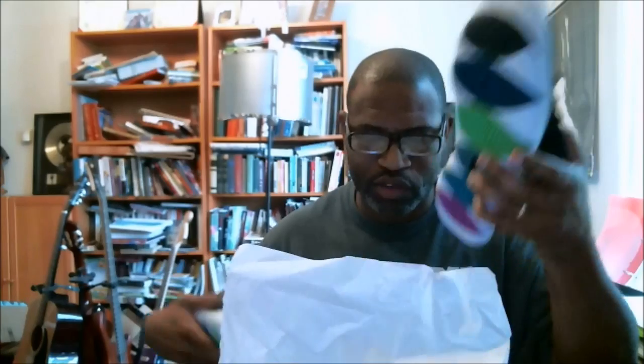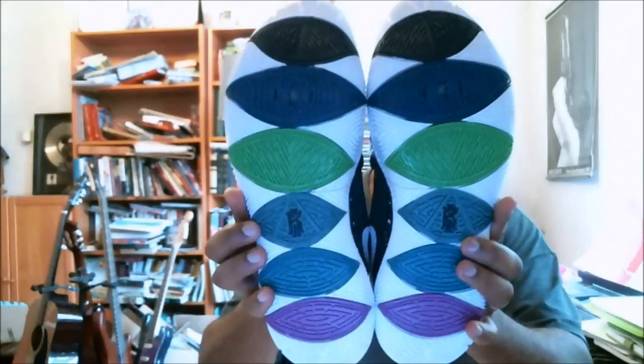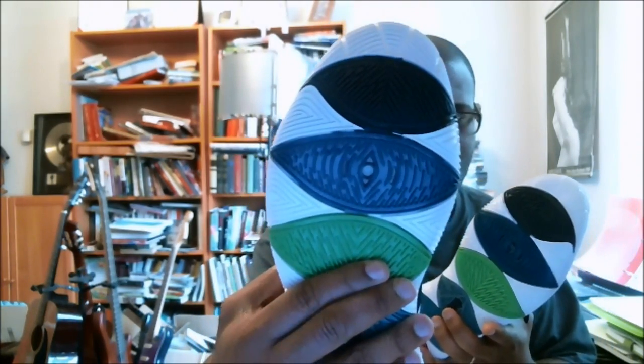But this is going long. So I want to get into the 360 and then close-ups of both shoes because we have a lot of detail on the shoe, including the idea of these 6 separate, the outsole, which obviously I jumped way ahead, and you have this blue with the all-seeing eye inside of it, which you could probably say that this is going to be